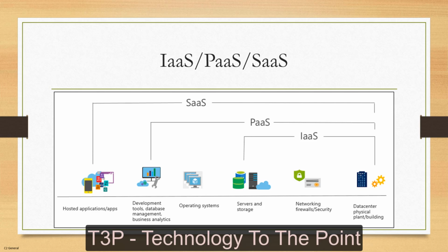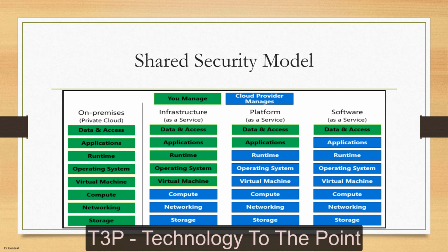If we talk about platform as a service, then the operating system and development tools are also managed by the cloud provider, and it comes as a platform as a service, because they are providing you the platform where you can write your own code, prepare your application and host it in the cloud. Then we have software as a service, where you just need to buy the licenses either for yourself or for your organization. When you go with bulk, then definitely you will get a huge discount from the cloud provider. How do these service models work in terms of security?